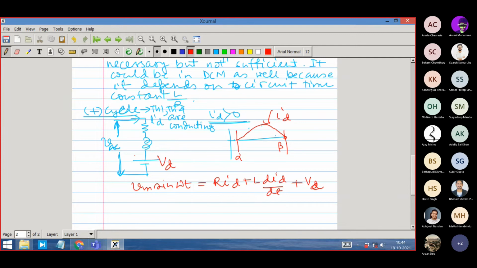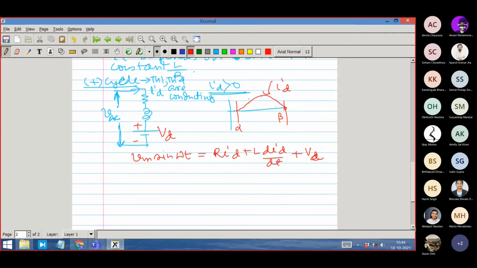So this is the equation. What is the solution of this equation? From your network analysis, can you guess? It's a first order differential equation. What will be the solution? What will be the structure of the solution? If I write the structure of the solution as this, I first have to find out. Yeah, tell me, if somebody wants to. It will have a sinusoidal term multiplied by an exponentially decaying term, of that form.